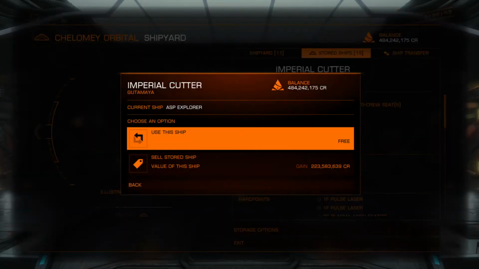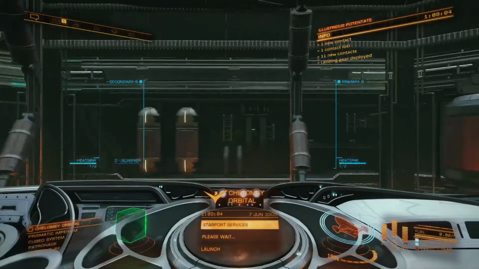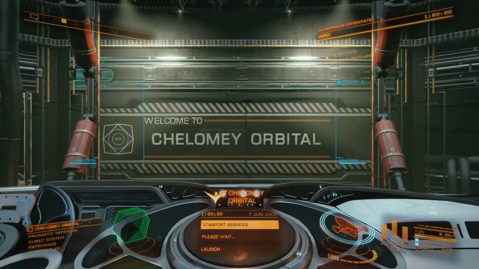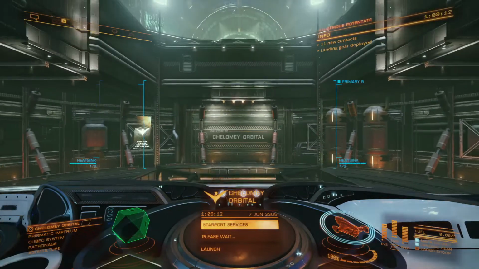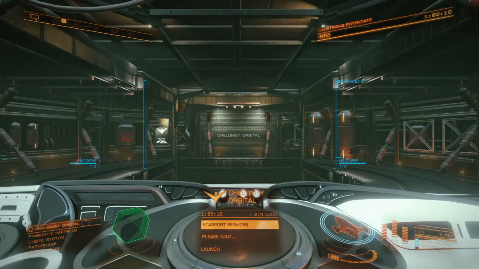There we go. Let's get the cutter. Won't take but a second. This is the ship I want to put the shields on. I've heard from buddies that they are good, but they are heavy. So you need a big, nice, illustrious ship to put these on. Alright, so now that we're in the proper ship,